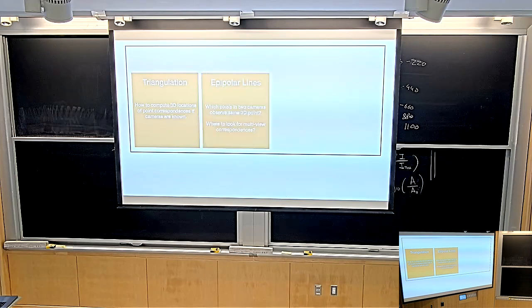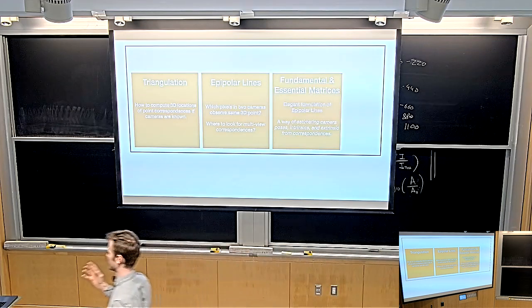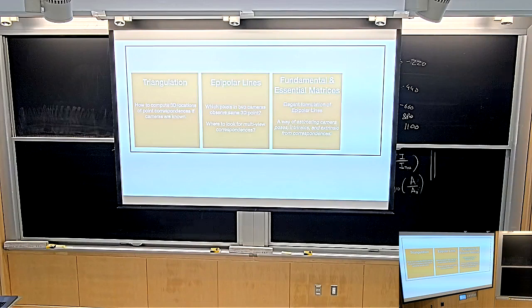Then we have epipolar lines. So if you have a pixel coordinate in one camera and you know the pose relative to another camera, then can you figure out which pixels on the other camera could possibly correspond to it? Well, we'll talk about it. It's much clearer in images, I promise. Epipolar lines and epipolar geometry. Fundamental and essential matrices, that one doesn't make sense to explain until we get there.